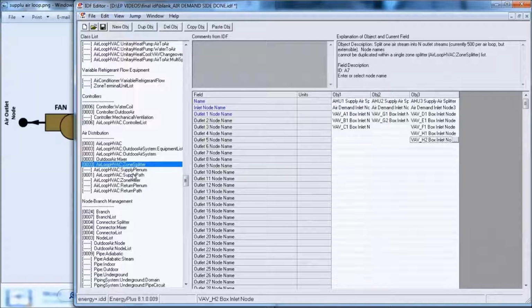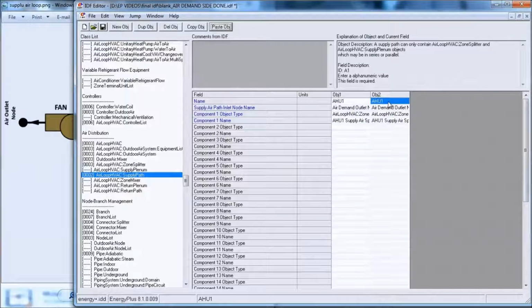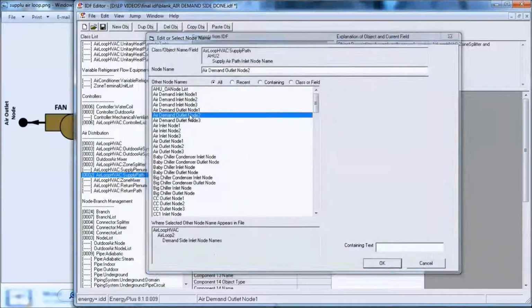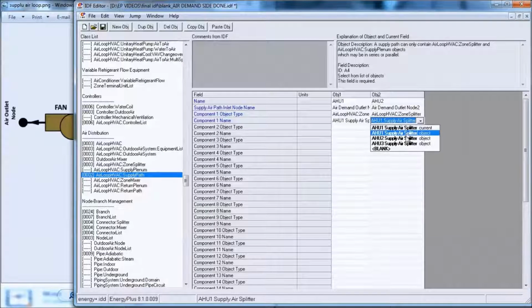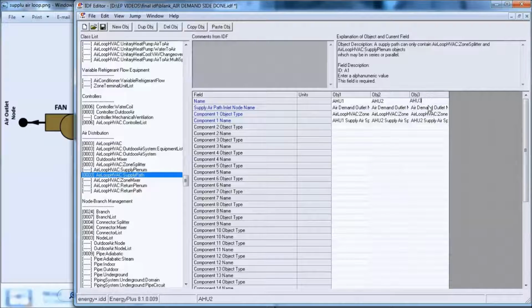As now we have made the splitters, the other things would be easy. We just have to mark other remaining AHUs. This would be AHU2, and this would be node 2. Similarly, this would be AHU3 and node 3, and this would become 3. Okay, now this was a splitter which is actually responsible for splitting the air coming from AHU to the demand